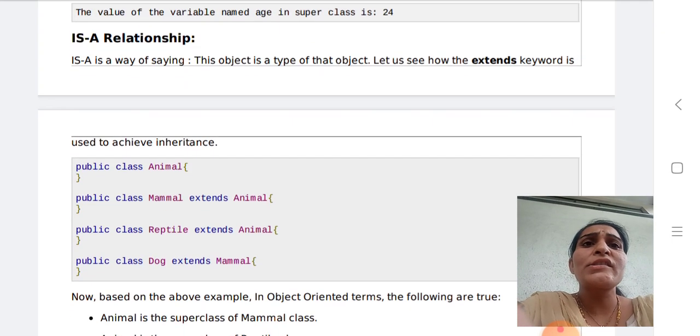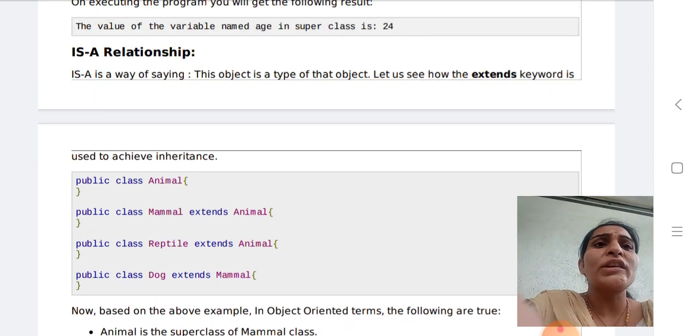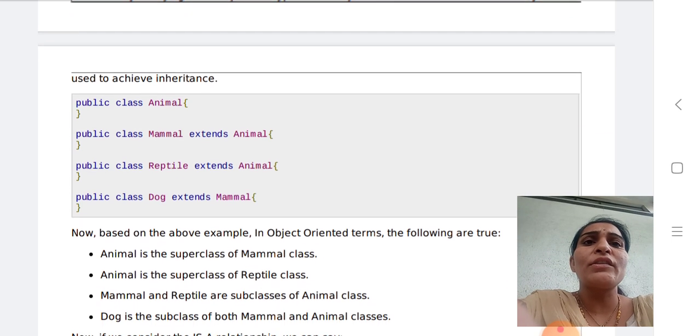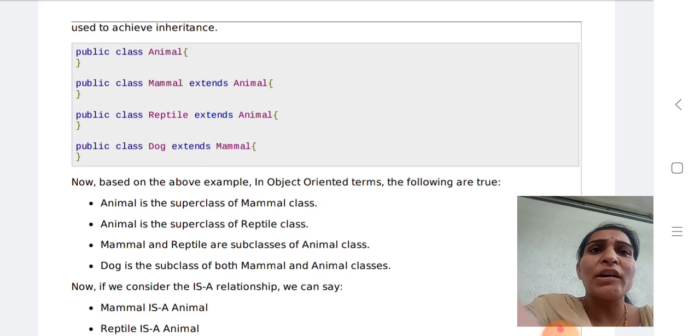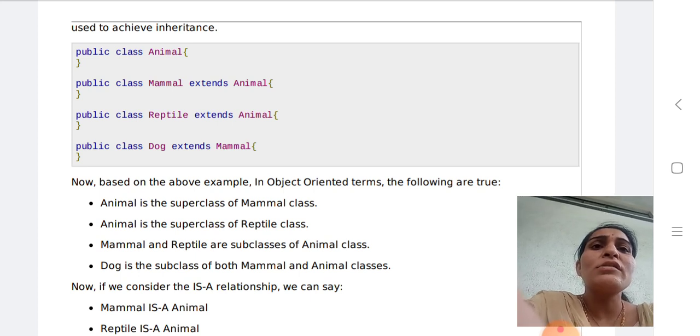Now, the IS-A relationship. IS-A is a way of saying this object is a type of that object. For the extends keyword: public class Animal, public class Mammal extends Animal, public class Reptile extends Animal, public class Dog extends Mammal. This means Mammal and Reptile are extended from the Animal class, and the Dog class is extended from Mammal.